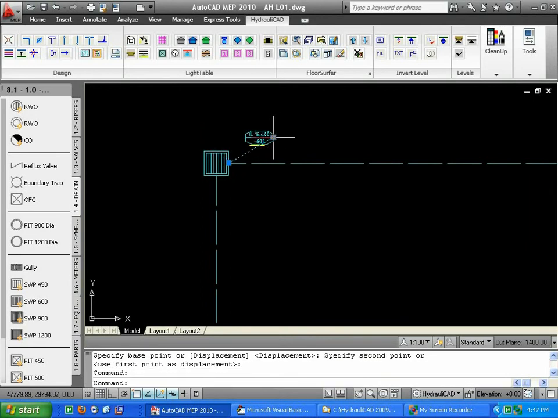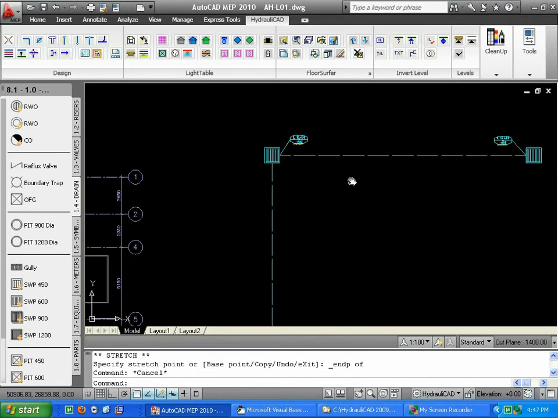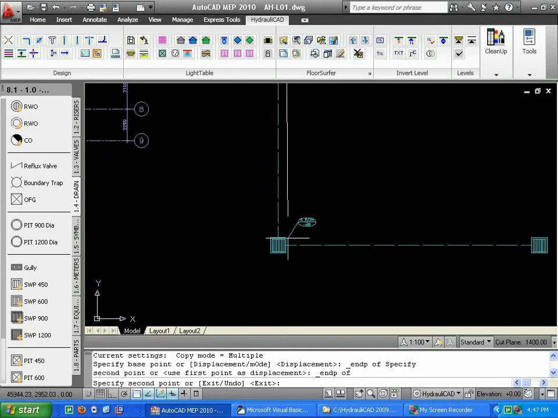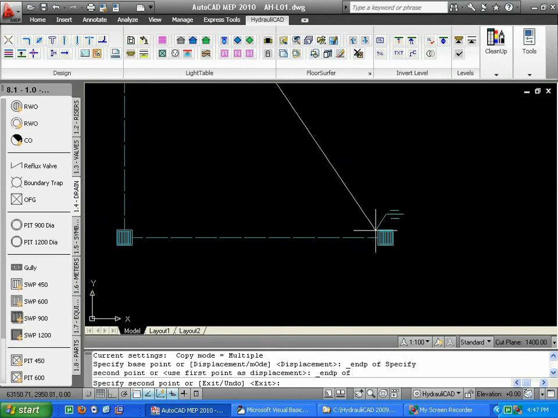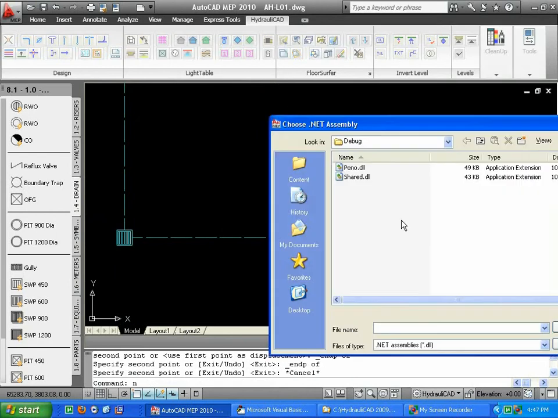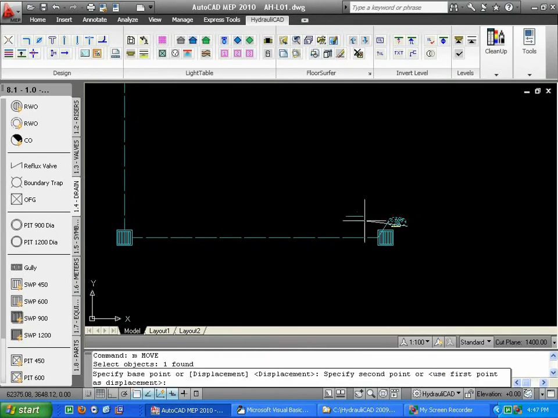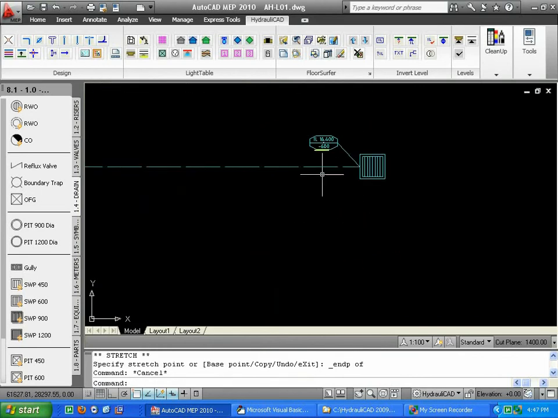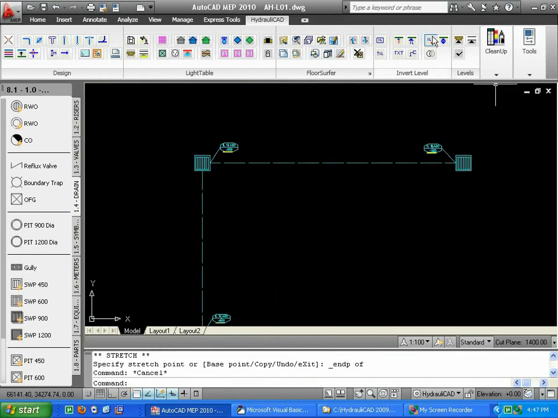We want to tidy that up, and we can put invert levels on the upstream ends of each of the lines. So we'll move this to here, and now we can run a check on these invert levels. So we'll pick on that, and we'll run it at 1%, run it down,